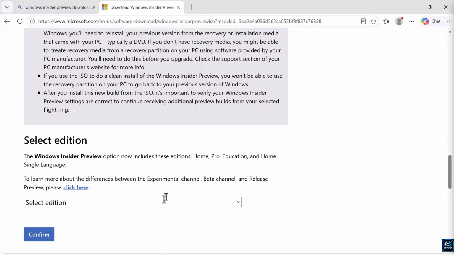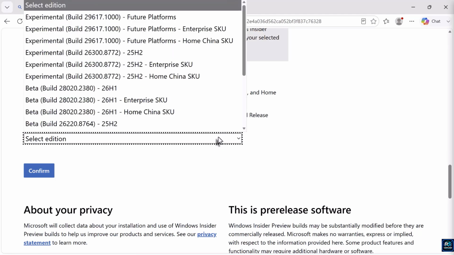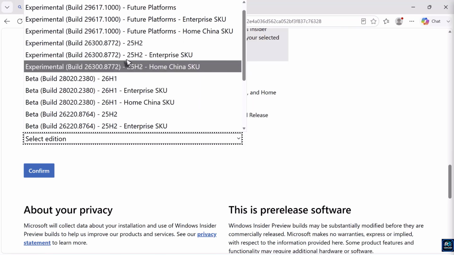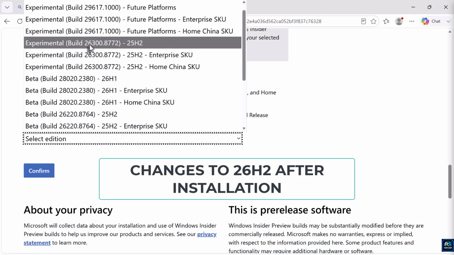Now scroll down until you find the Select Edition section. Click the drop-down menu and select Windows 11 Insider Preview Experimental Build. At the time of recording this video, the latest available build is 26300.8772. You'll notice Microsoft currently labels this download as Windows 11 version 25H2, but don't worry, you're downloading the correct